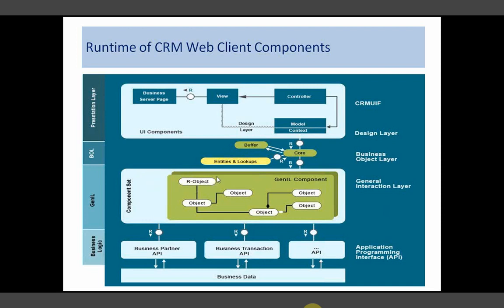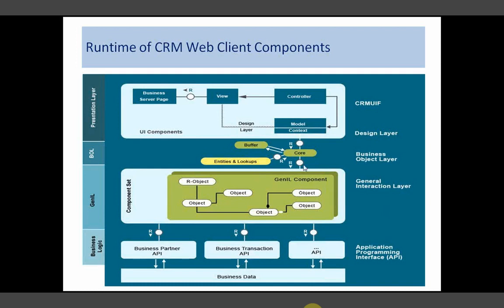The component set has components, and a component contains a group of components with the relationship, and it has a dedicated class. That dedicated class is responsible for calling the API, getting the data, and throwing it to the runtime objects, sorry, these Genil model objects.